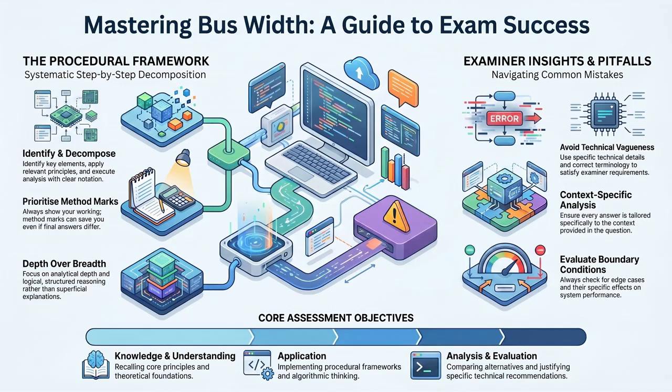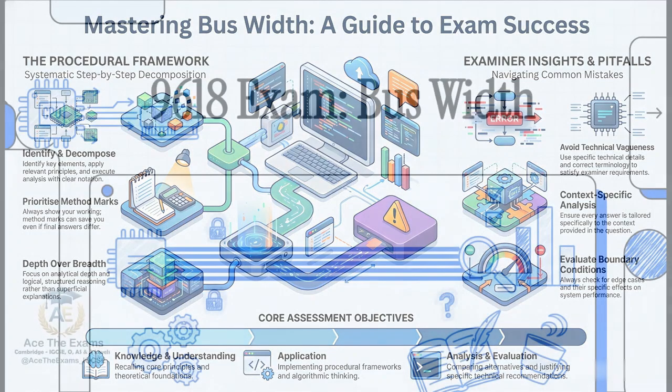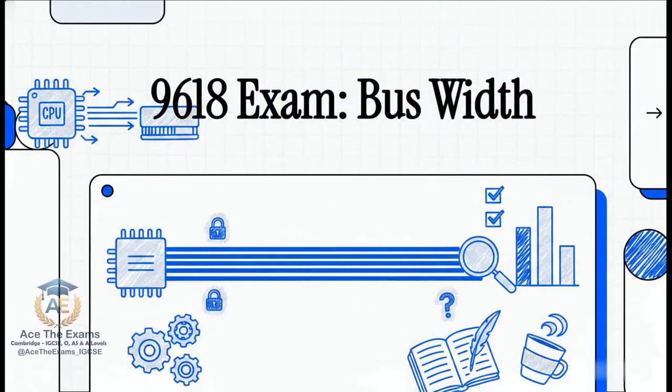Okay, let's dive right into this explainer and find the back door into passing one of the absolute most misunderstood topics in Cambridge computer science. We are talking about bus width. Examiners consistently report that understanding the factors affecting computer performance is literally one of the most challenging areas for students